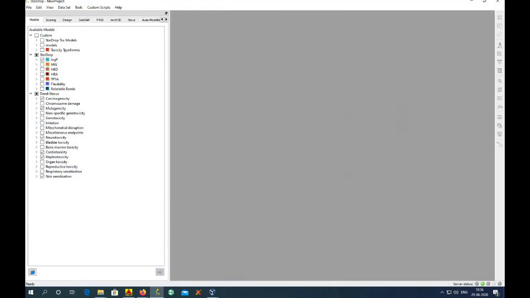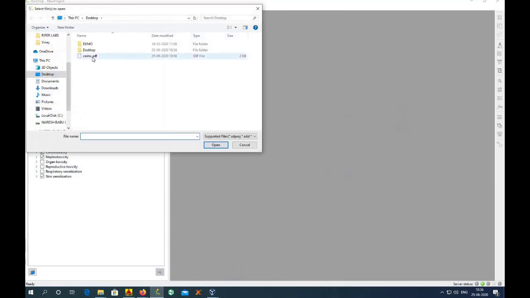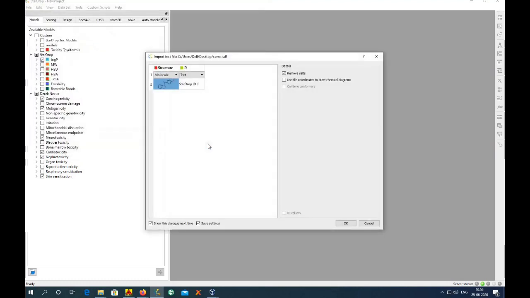This structure data format file I am opening in the StarDrop software, and it is going to give the structure into the software.